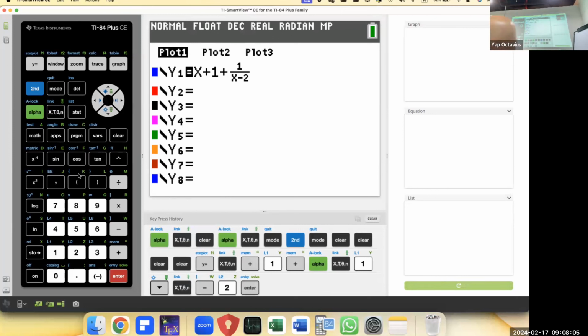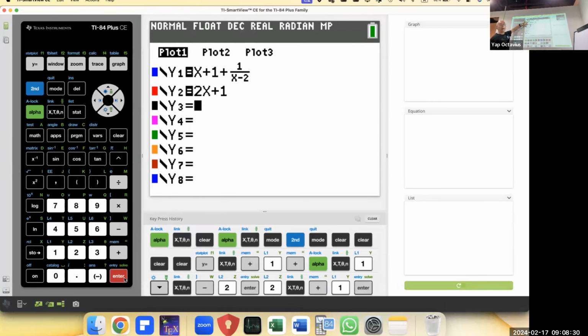Enter. And what do you have? 2x plus 1. 2x plus 1. Okay, like that. Once you key in, you realize that